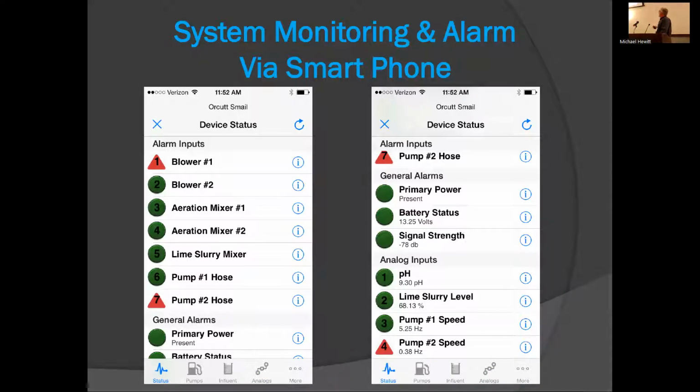backup battery, primary power. So in other words, if you lose power at the site, this is how we know. What we have there is a hookup for a generator. If we lose power, the operator has about 4 or 5 hours to bring this generator out. We have one on the site. Plug it in, turn it on, and it's